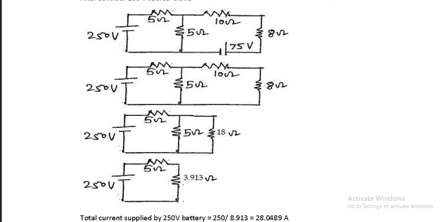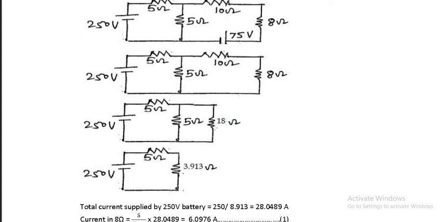The current flowing through 10 and 8 is the same, so 10 and 8 are in series, making 18, and 18 and 5 will be in parallel because the current flowing through them is different. Whenever you are caught in a trap, whether it is a series circuit or a parallel circuit, you just have to see whether the current is the same or different. If the current is the same, it is a series circuit. If the current is getting divided, it is a parallel circuit.